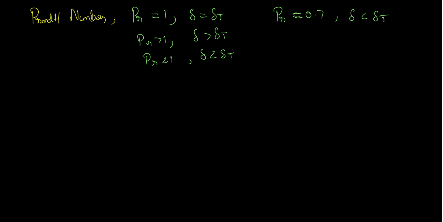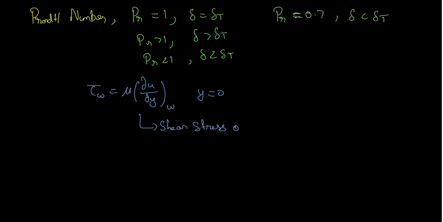So now that we have discussed shear stress, let's put it into some more quantitative form. We can write the wall shear stress, denoted by tau w, as nu times dou u by dou y, where u is the velocity along the plate, the x velocity, calculated at the wall. That means we will calculate it at y equals 0, that is at the wall, and this is nothing but the shear stress on the surface.